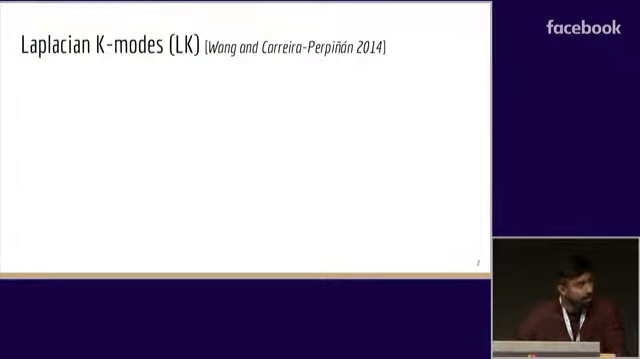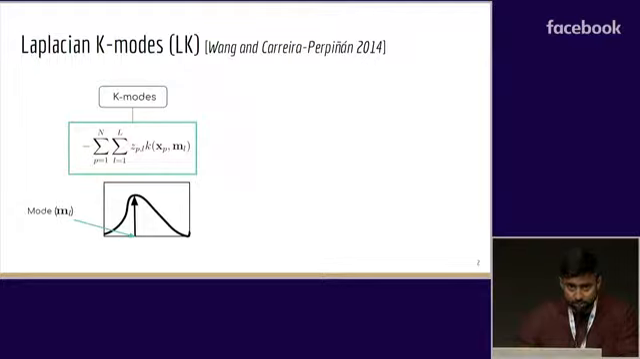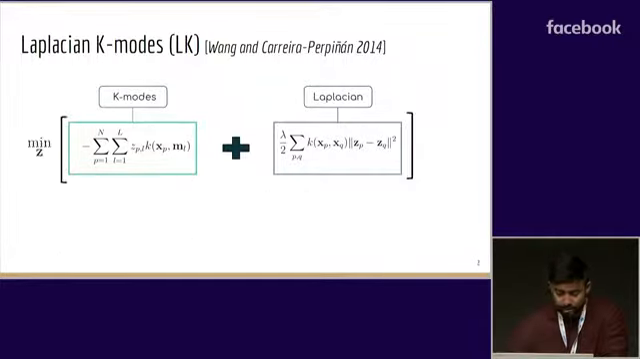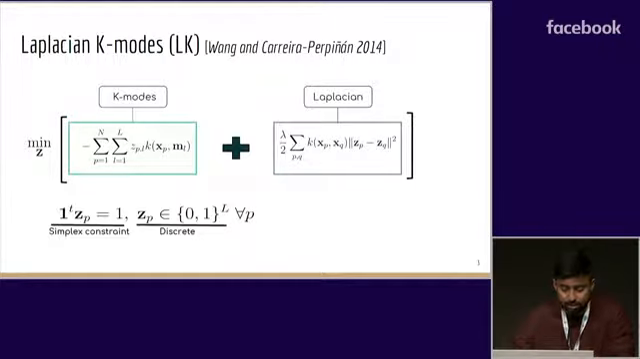So we advocate Laplacian K-modes for joint clustering and density mode estimation. The first term is the K-modes term, which provides the modes of each cluster, as in popular mean shift. The second term is the well-known Laplacian regularizer, which enforces that nearby data points should have similar assignments. And this is well cited for spectral clustering and semi-supervised learning. The task is to minimize this combined energy over the discrete assignment variable z, subject to the simplex and integer